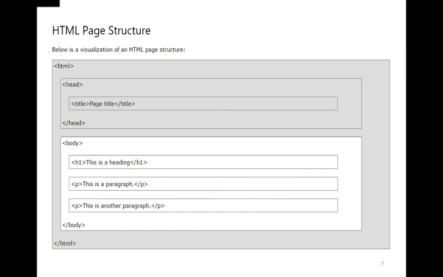Suppose you want to display some content over the web page, you are supposed to write it in the body tag, not in the head tag or somewhere else. So that's the meaning of it. If you want to write something in the head tag, you can, but the data is either metadata or about the title. It should not be the data which we are interested in displaying on a web page.